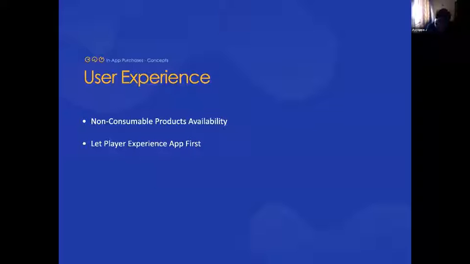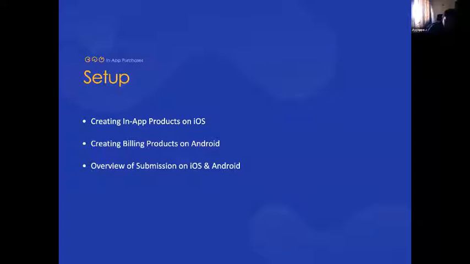And before selling any in-app purchases, let's say a machine gun or level 2, you need to give the player an experience at least. Once the app starts, if you prompt for a purchase, that doesn't make any sense for the player. First you need to give an idea of what exactly the game is going to be and what experience it has. Based on that, you need to offer it. So these are the general user experience terms.